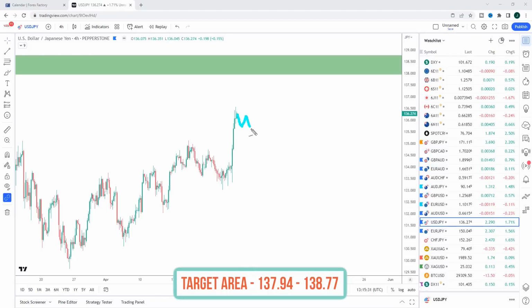If we pull back, I'd look to see this pulling back into Wednesday. Look at this really nice breakout with momentum in US dollar yen. This is telling us we should be looking at this to the upside. Were it not for the interest rate decision, this would be a fantastic opportunity next week. But it may still be the case that this is a fantastic opportunity, just that we have to play it around the interest rate decision. So any pullback in this market, I would be looking for a break higher on FOMC from Wednesday. And then Wednesday, Thursday, Friday, I'd be looking for this move up to the 138 area.